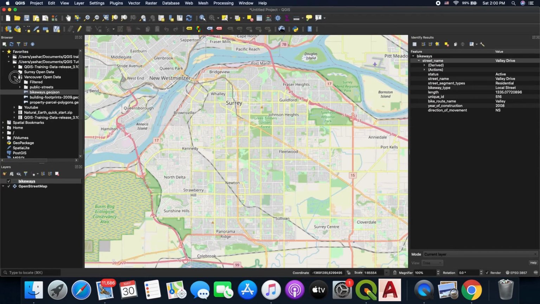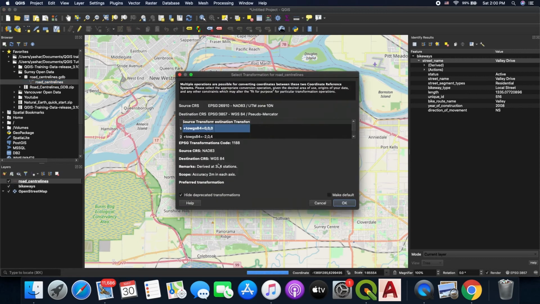And then when you go to your folder, you can see the GeoDatabase folder, which is loaded into your favorite folder or the browser window. If you open up the GeoDatabase, because it has only one layer, that's road center line. So again, you can drag it and drop it into your map. It's going to give you this message regarding the